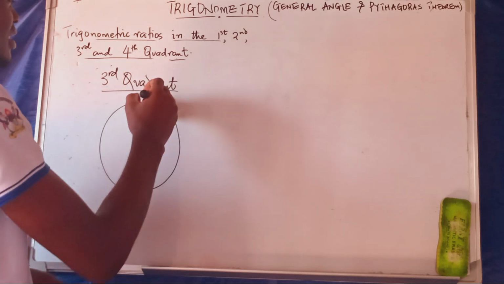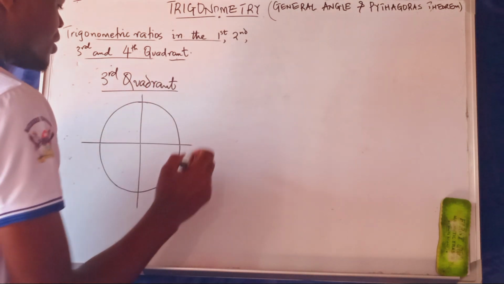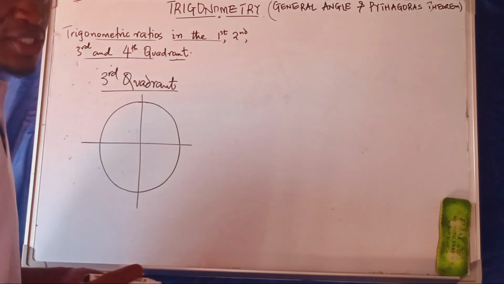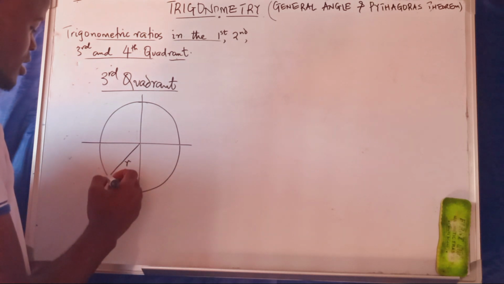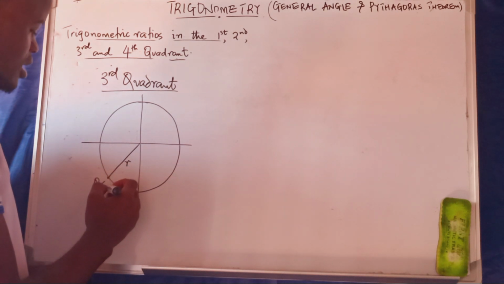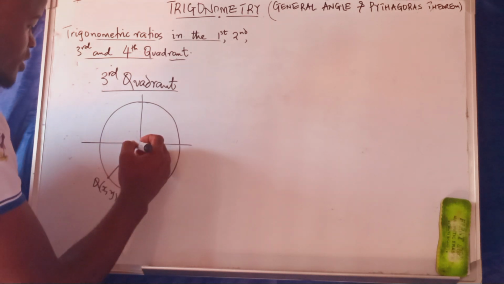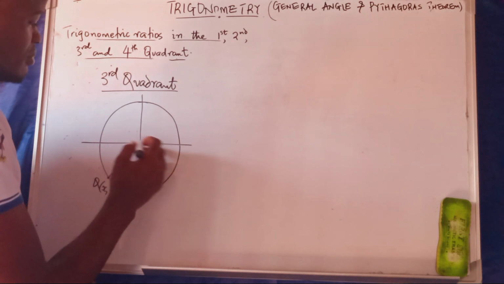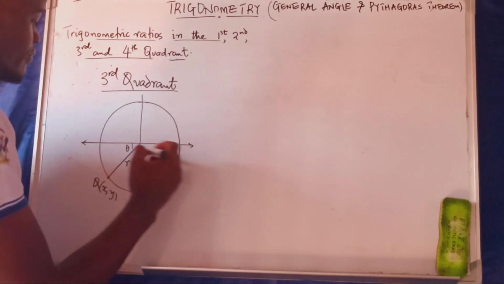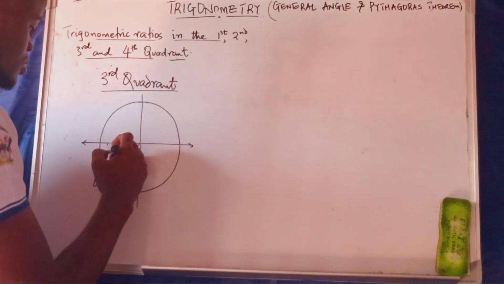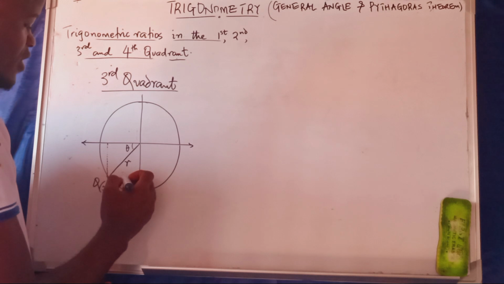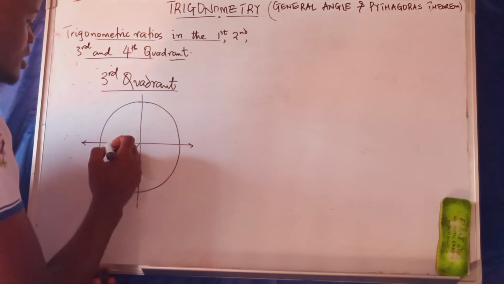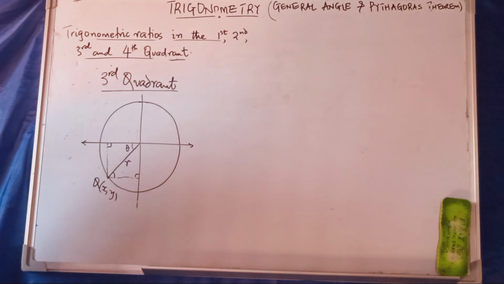At this stage, you should know the behavior of these trigonometric ratios before we even talk about it. If this is my R and this is my point Q, labeled x, y, and this is the angle theta made with the x-axis, like that. In some books you'll find that they consider this angle, which is also okay. 90 is here. So in the third quadrant,